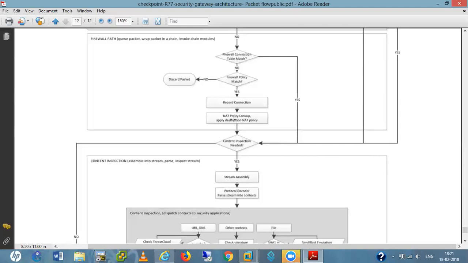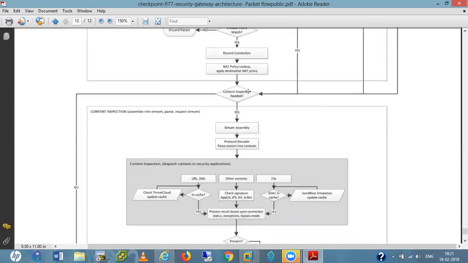But in case of a static NAT, we have bidirectional, right? So it first checks whether it's a destination NAT. If it matches any destination NAT policy, then it applies that NAT.